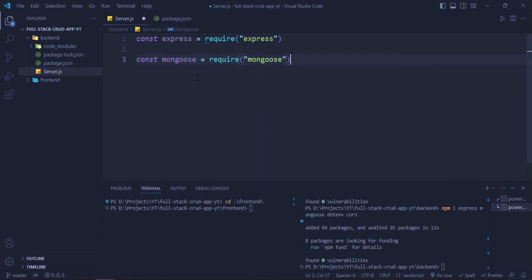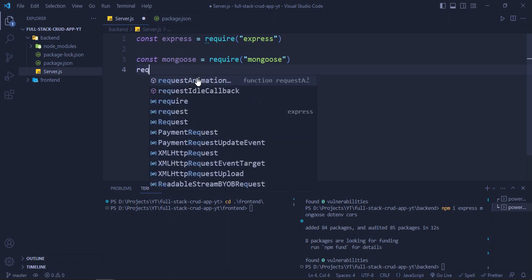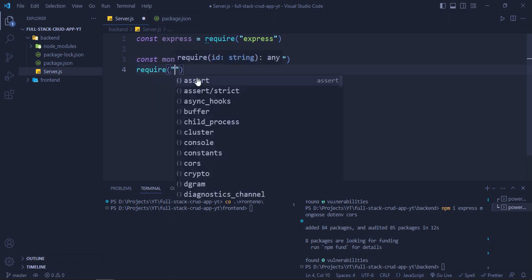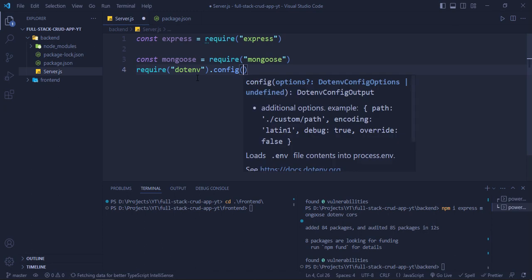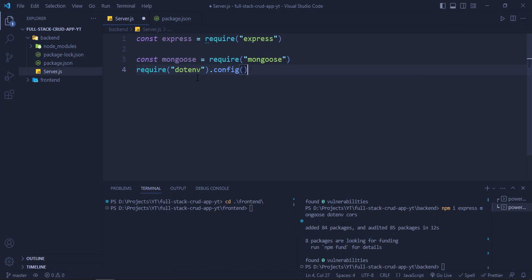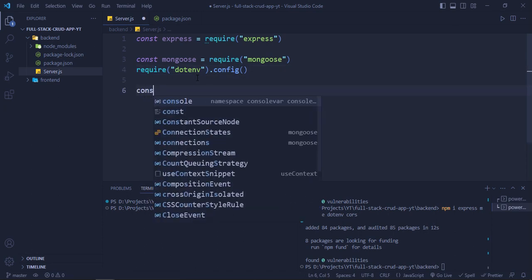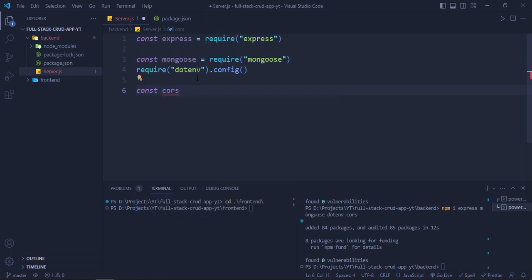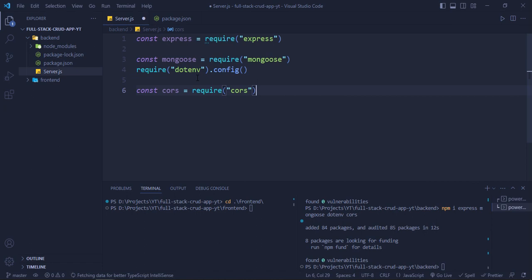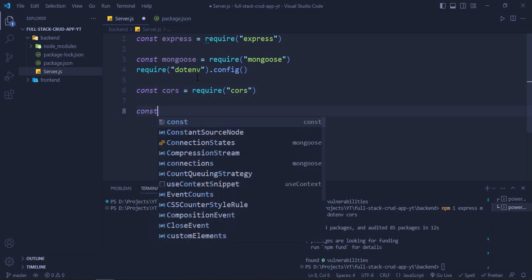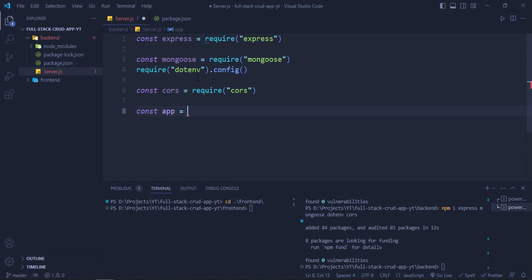Okay, and then we will do require dotenv dot config and invoke it, and then we will use our cors. So let's do const cors equals require cors. Okay, and then we will do const app equals express